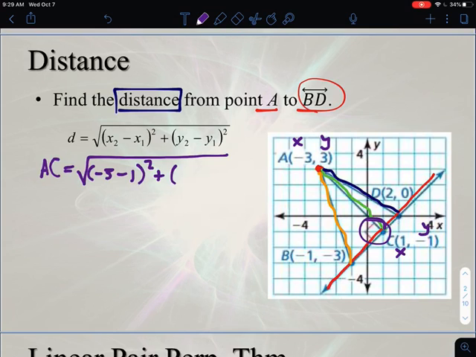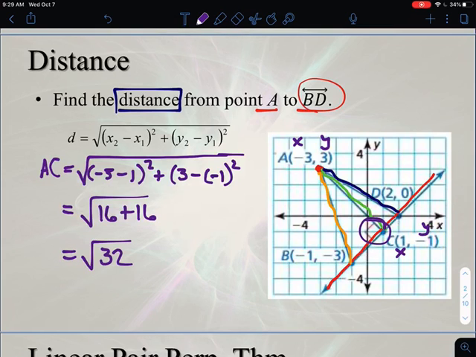And then I'm going to take my y from one minus the y from the other. So 3 minus -1 squared. And so then from here we can reduce this down. -3 minus 1 is -4, squared is 16. 3 plus 1 is 4, squared is 16. And so we get the square root of 32,